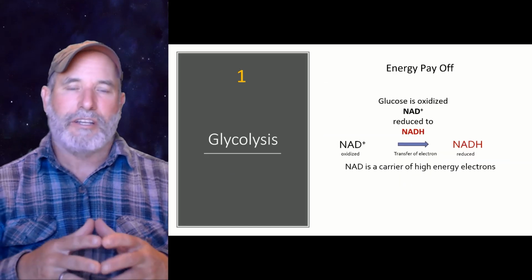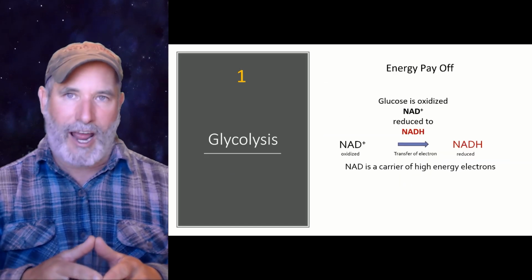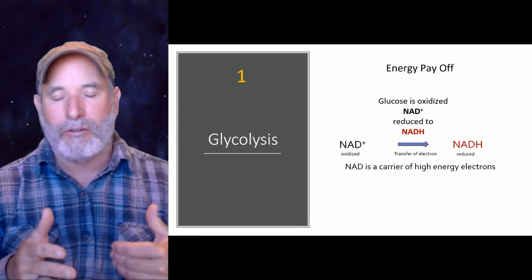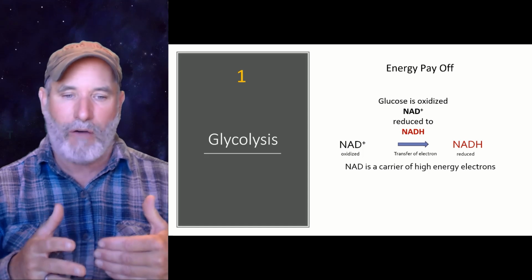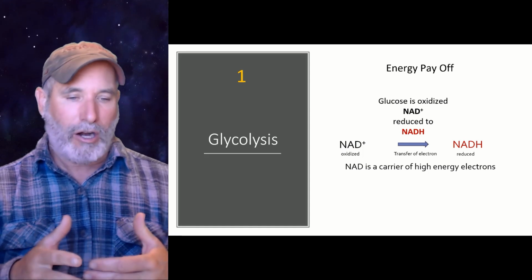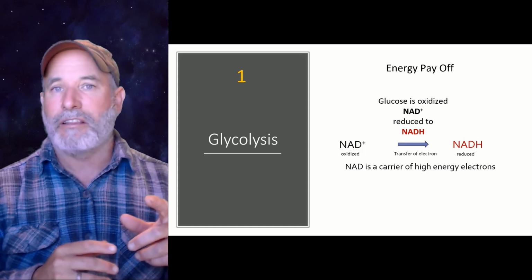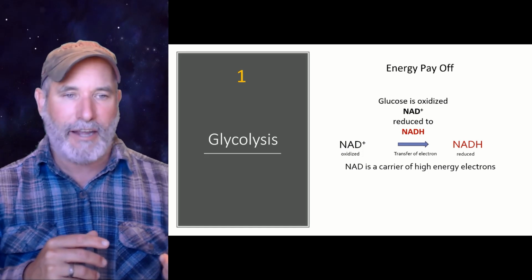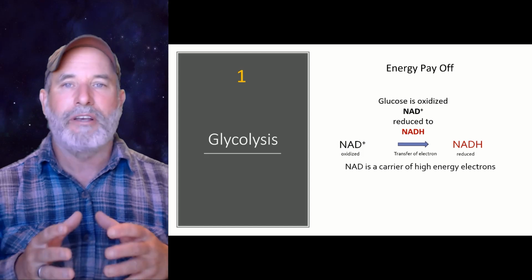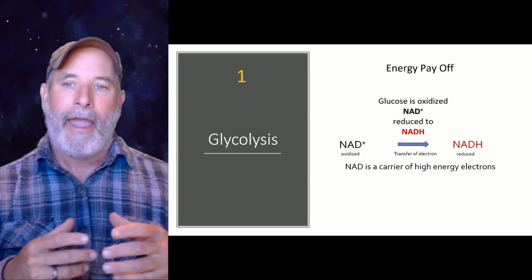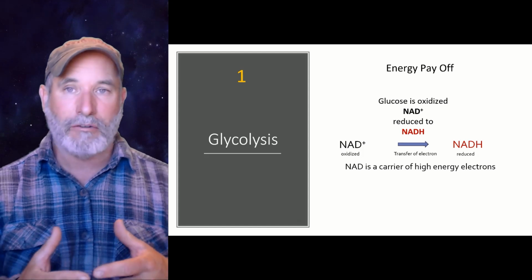So in glycolysis, in the energy payoff phase, we're going to take some of these electrons and pull them away from the glucose molecule, right? We're going to actually rip them off of the hydrogens and the carbons, and transfer them to NAD+, and it's going to thereby be reduced to NADH. The reason we do this is because these electrons carry energy, right? That's really important. And this is part of the oxidation of glucose.